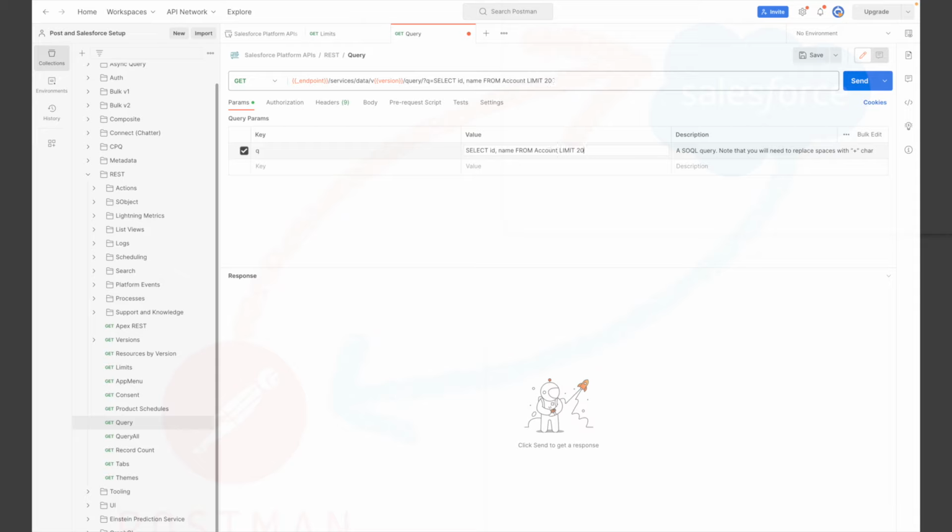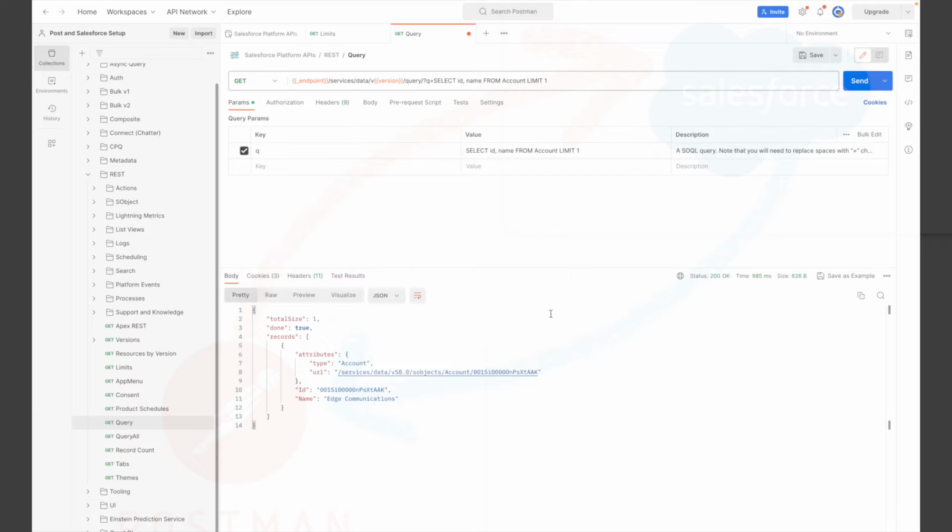I can give limit as 1 and just hit send. You see, I get the response back from Salesforce, ID and name. Similarly, I can make the limit 2, then I will get 2 account details. Okay, so this is working fine.